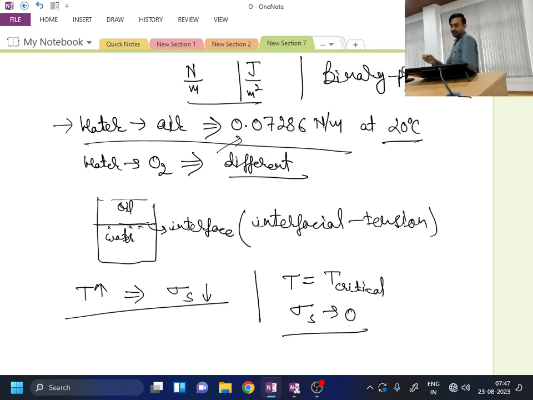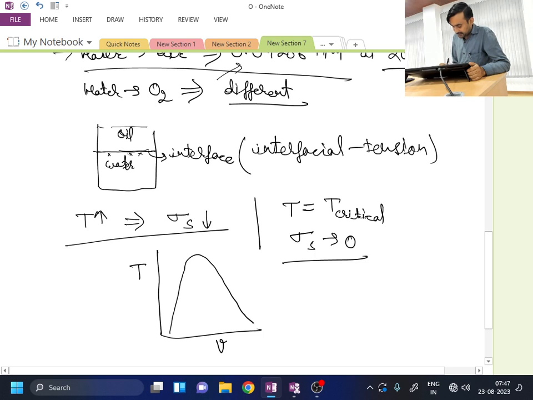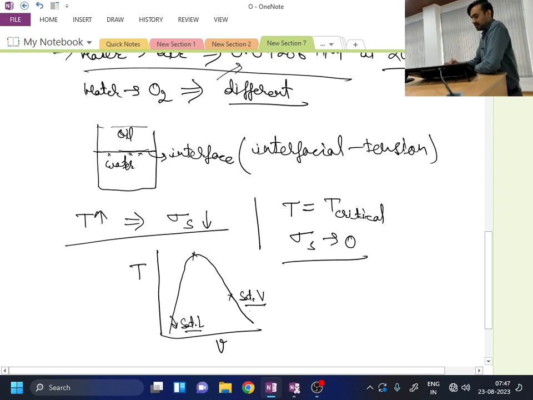Okay, let me show you once again. If I consider the phase diagram between temperature and specific volume, I will find a curve something like this. This particular line is referred to as the saturated liquid line, and this particular line is the saturated vapor line. The meaning is, if you heat beyond this, you will have pure vapor, but in between this boundary you will have a mixture of liquid plus vapor. Where the saturated liquid and saturated vapor lines meet,